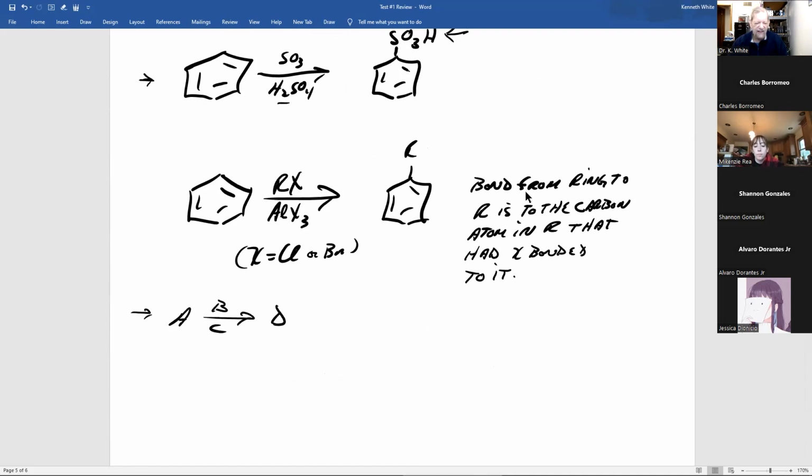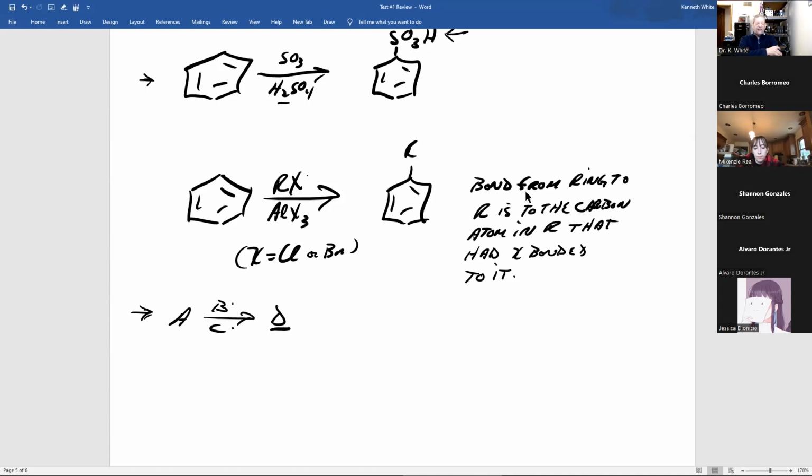This says take A, react it with B and C, and you make D. And organic chemists are lazy sometimes. A lot of times we'll write our reaction that way. And Friedel-Crafts alkylation, you take an alkyl halide, and this is the first time I taught you R. Is this like in math where they use X, Y, and Z for variables? In organic chemistry, R means anything with carbon and hydrogens in it. 1, 10, 100, a million, whatever.